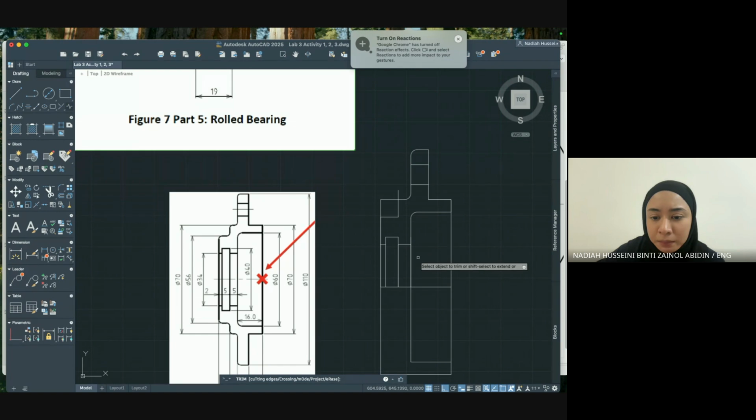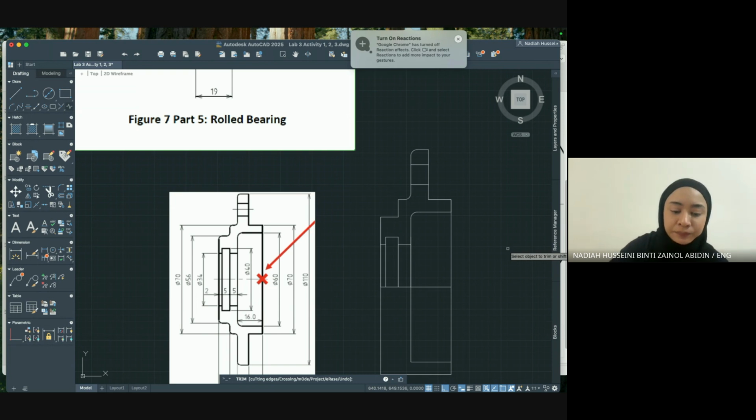So again, from the midpoint or from the center line, this pretend center line, I'm going upwards by 28. And then I'm going to the right by 7. And then I'm going upwards, and then just extending that all the way so that I'm maintaining the 90 degrees. Okay, and then now I'm going to trim whatever is not supposed to be there, like that. And then we can do fillet again, which has a radius of